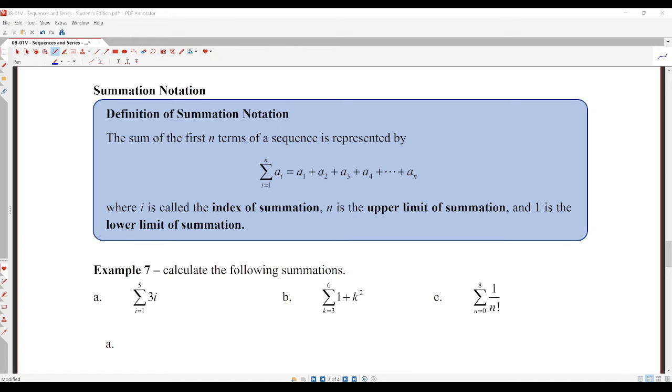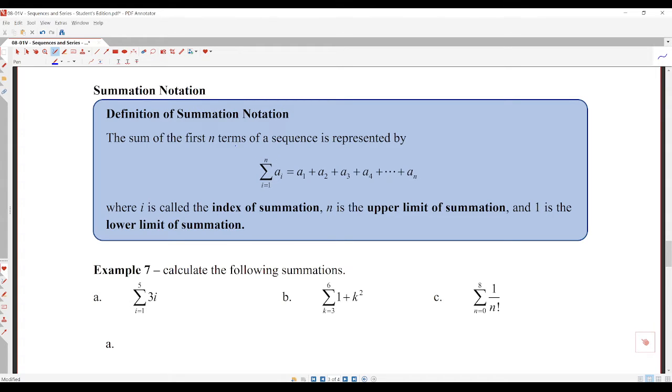Okay, let's take a look at the definition of summation notation. Occasionally, when you're working with sequences and series, we want to be able to quickly add up terms of that, and so finding the sum of that becomes very important. And so notationally, we want to write it as condensed and concisely as possible, and the summation notation allows us